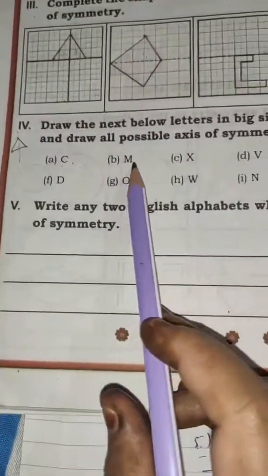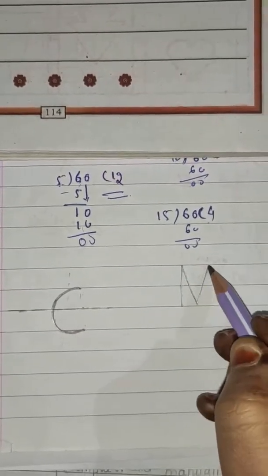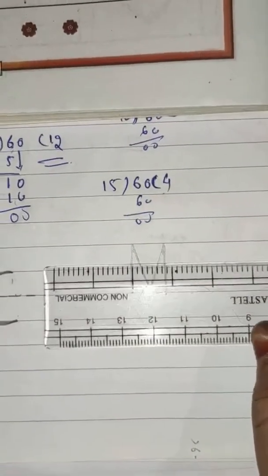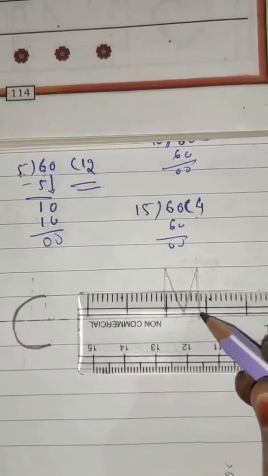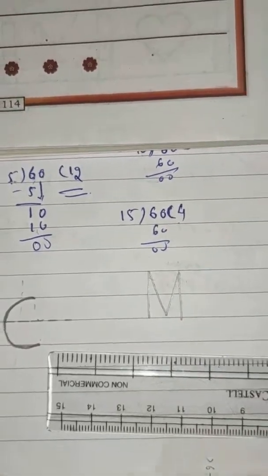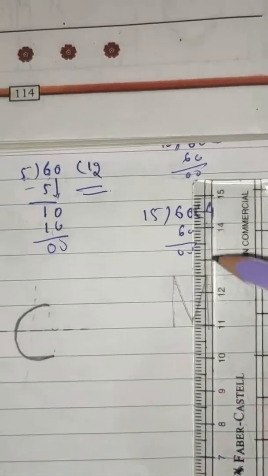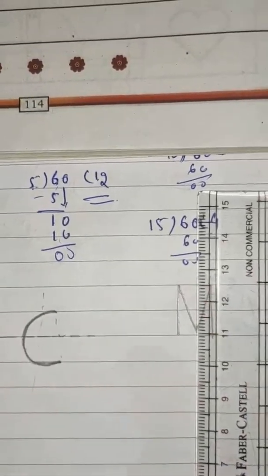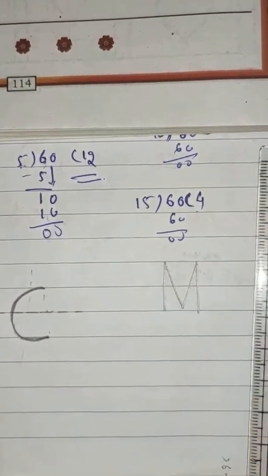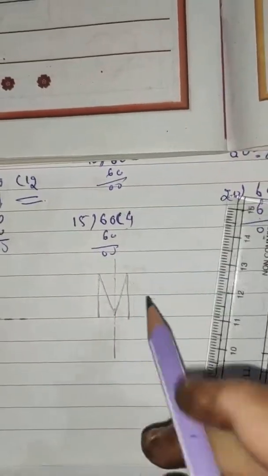Next, I will take this M. You can draw it by using a scale. Yes, so here if I cut it like this, here I will get more figure than here. Yes or no? This will become more and this will become less. So here I can do like this. I can draw a line like this. If I draw symmetry like this, I can get half and half. Equal halves. I will get equal halves from both the sides. Yes or no? Just draw it and see. Yes. See here, I got two equal halves.